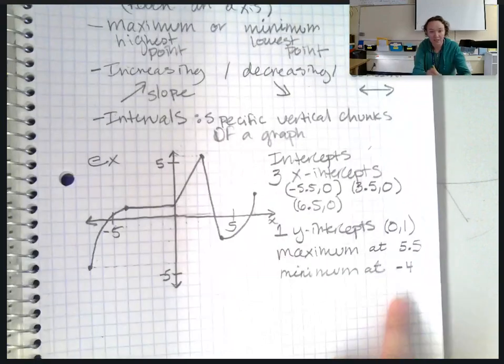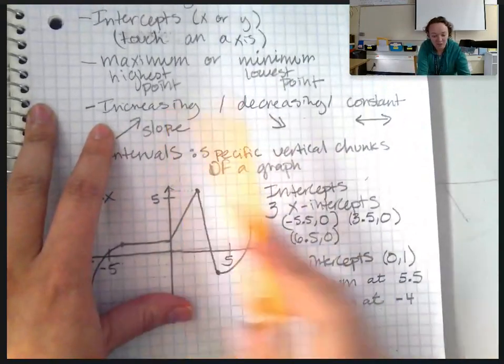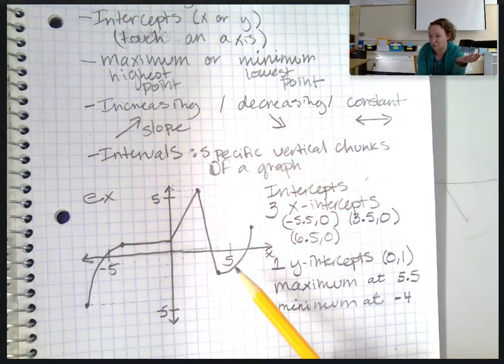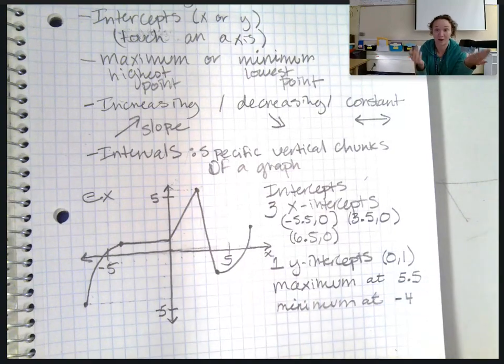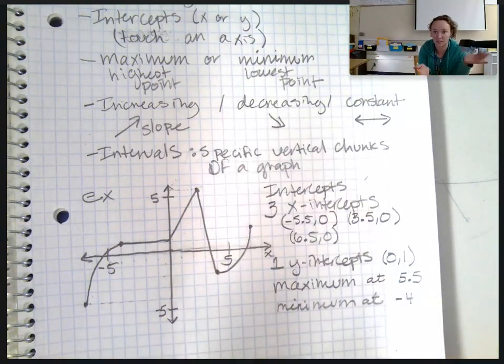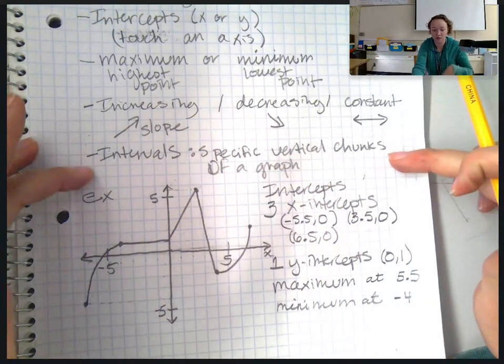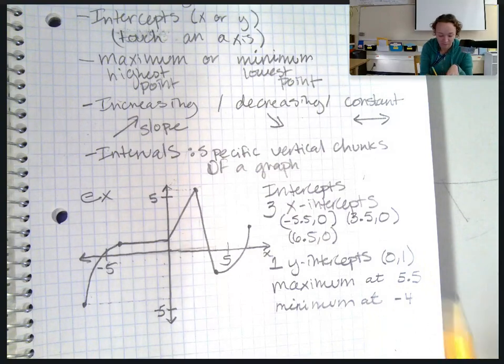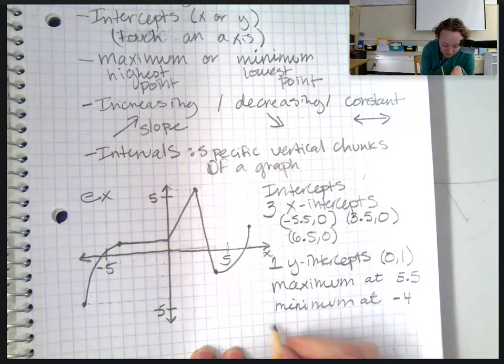Okay. Next, we have increasing, decreasing, and constant. So obviously, this graph does all 3 of those things. So we can't just say the graph is increasing because it does a bunch of different things. This is where the intervals come in. So we're going to report for each section what it's doing. So we can say it is increasing